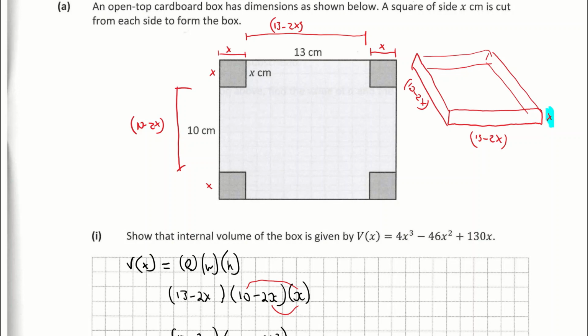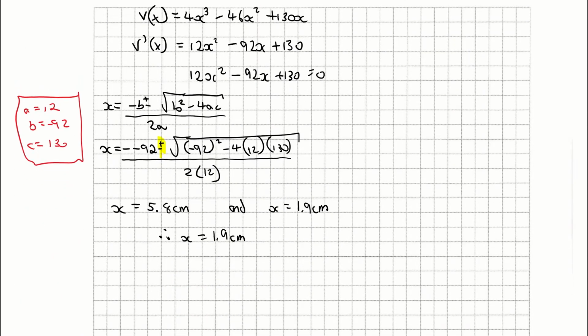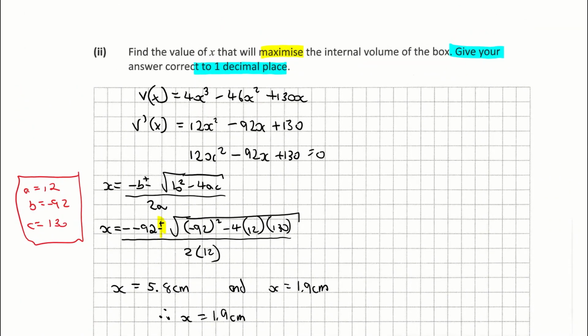If I was to sub in the 5.8 for x here, I would have 10 minus 2 times 5.8, which is 10 minus 11 point something, or something close to 12, which will give me a negative anyway. And I can't have a negative length on that rectangular box. So that's why my only solution there for x is going to be 1.92. So these are your practical problems. The mathematics has given me two values for x, but I can only accept one of them, and it's the 1.9